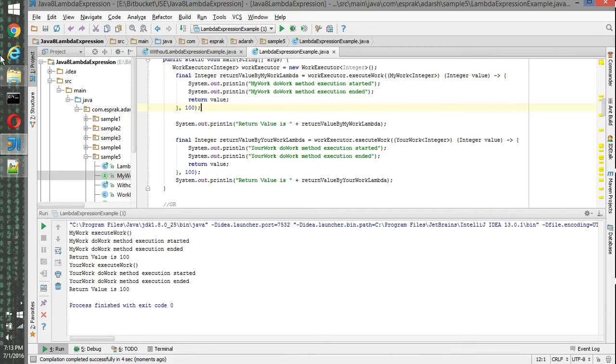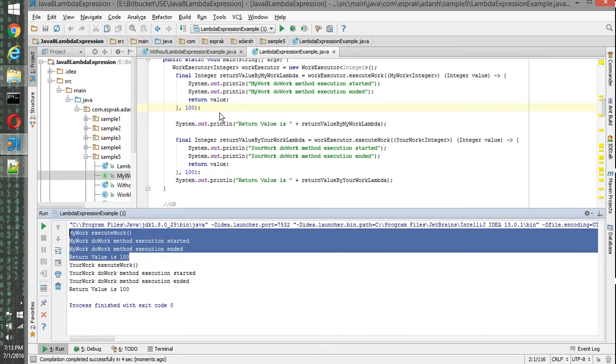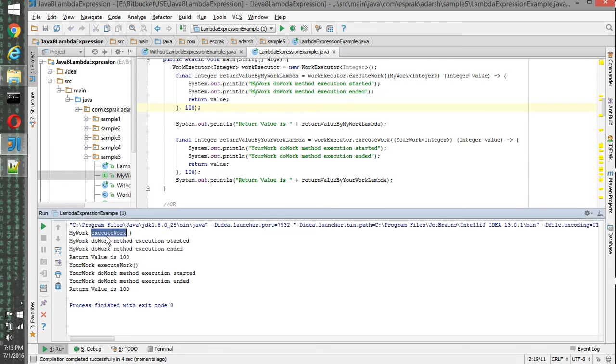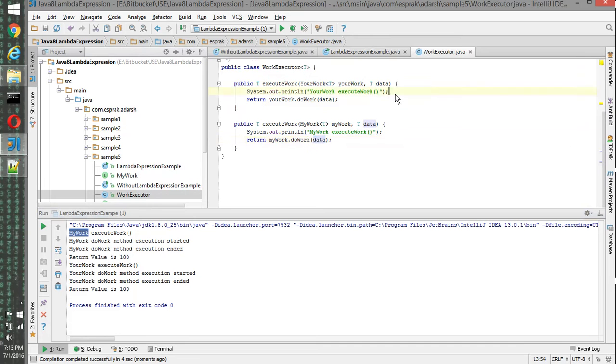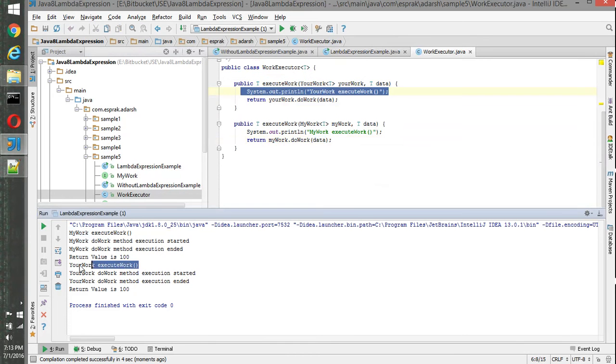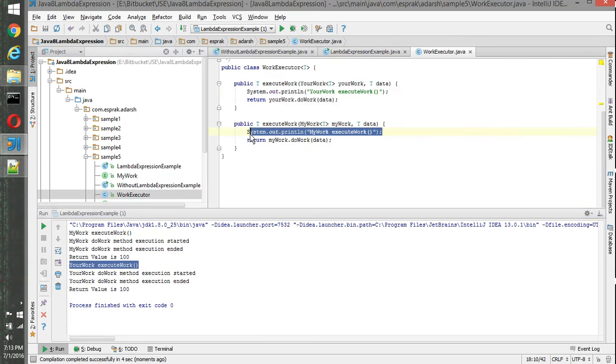So here you can see this is related to this code. Whenever we call the executeWork method for the myWork instance, this SOP is going to execute, and for yourWork this SOP is going to execute, and in turn they call these methods.